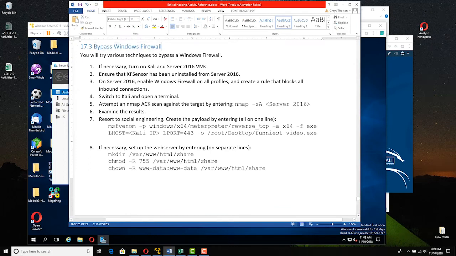Let's bypass the Windows firewall. We're going to try several different techniques. First of all, just make sure Kali and Server 2016 VMs are on. Make sure that KF Sensor from the other activity has been uninstalled, otherwise it will interfere with what we're doing